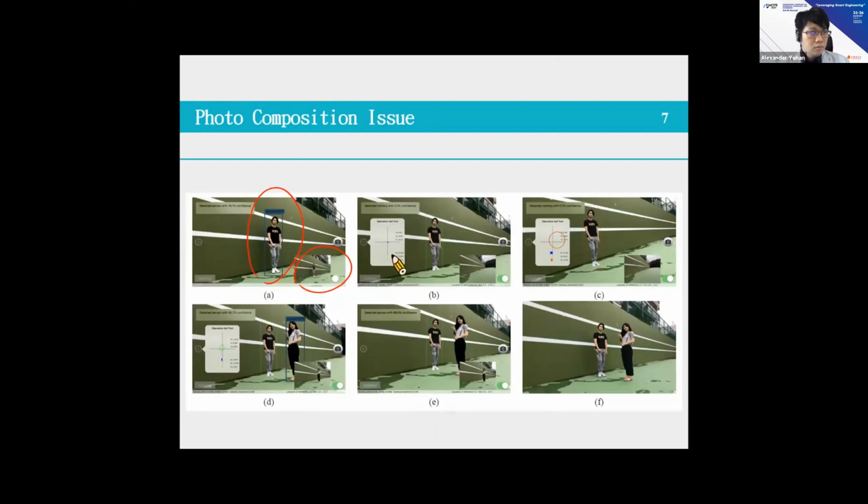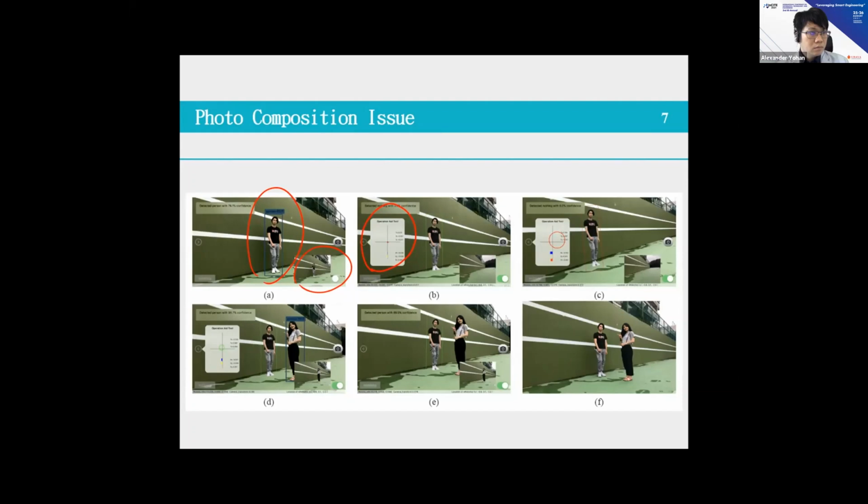And as you can see here, if the two photo taking processes are perfect, that means this gentleman is now moving away from that photo taking spot, and then the lady is about to take over the photo taking process. However, if the